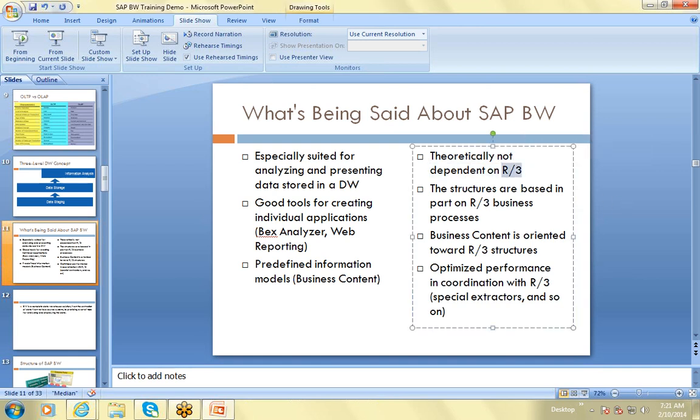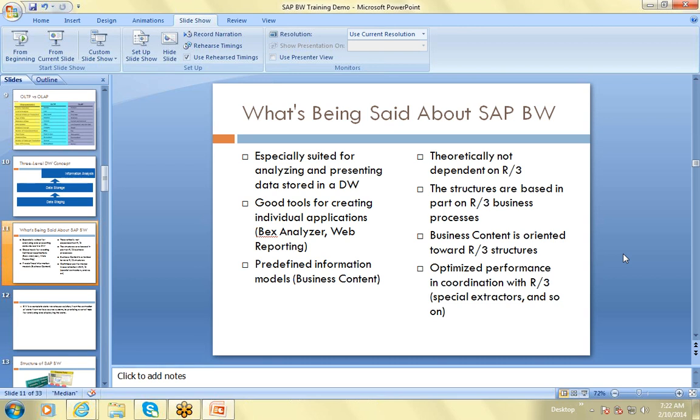R3 in the sense, SAP ECC, SAP ERP, SAP R3, SAP R2, all these 4 words mean the same. If they want to market the product, they would use the SAP ERP system. But officially, that SAP ERP system is called the SAP ECC system. And if you dig further, that SAP ECC system is otherwise called the R3 system or R2 system. So let me give you a clear explanation of what this R3 is. R3 stands for real-time 3-tier architecture.